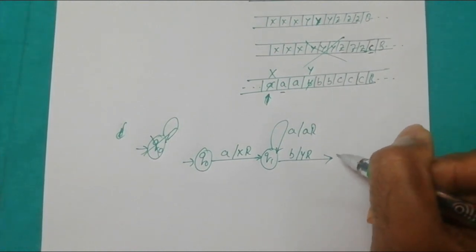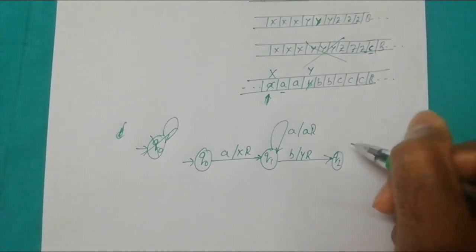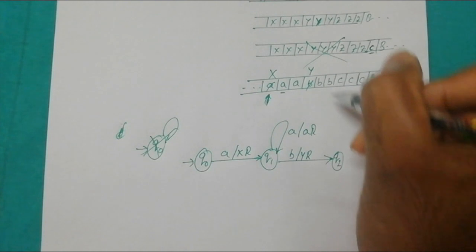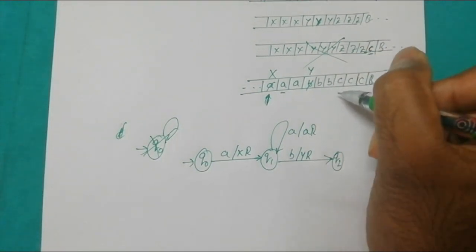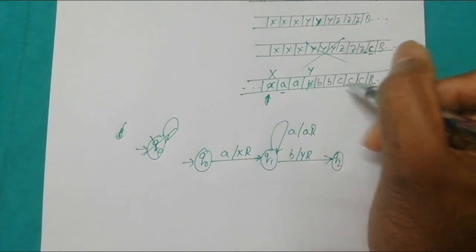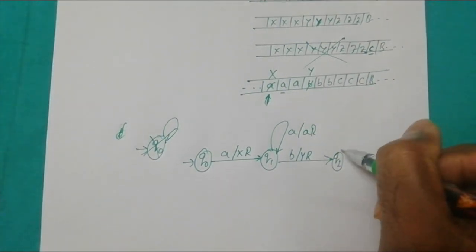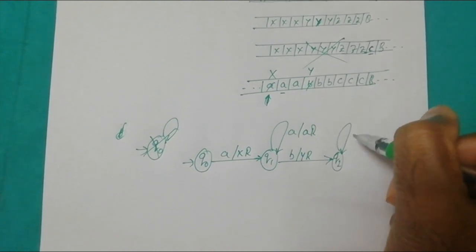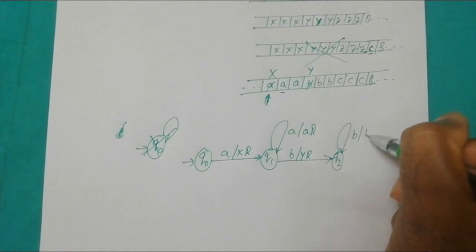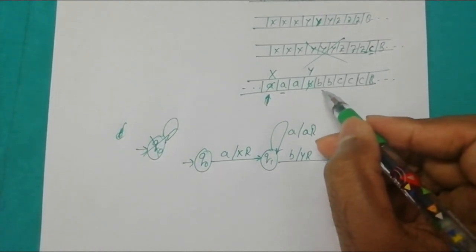Next, we move to some state Q2. We are in the state Q2. Q2 will come across the input symbol B. Again, the same logic is continued. Until the first occurrence of C, we don't want to modify the tape contents. We keep on skipping the input symbols. That is, we run a loop. Whenever Q2 comes across input symbol B, we keep it as it is and we keep on moving one cell to the right.